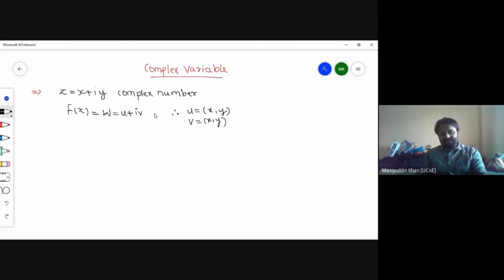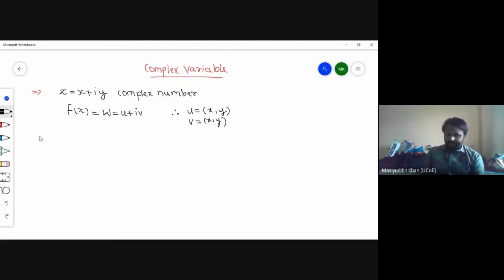Earlier you learned that it is a complex number only. In that you only had to study x plus iy, meaning real part and imaginary part. Here you have to learn the real and imaginary part, but you are also carrying the x y variable. So please remember these things. This is just a small introduction about the complex variable. I'm just going to explain why I wrote this part as w.